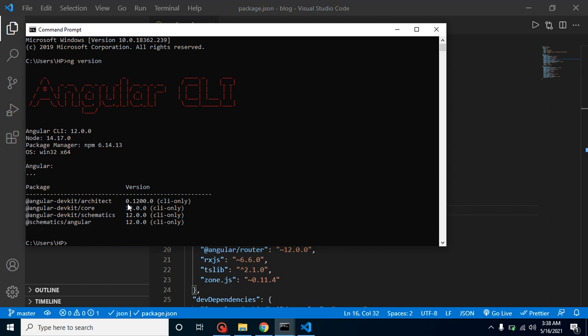For that you can simply use the command npm install -g @angular/cli. First of all you have to uninstall the current version. After that you can use @angular/cli with a specific version. Let's say you just want to install 11.0.0, then you can put this version and your Angular CLI 11 will be installed. After that, whenever you run ng new and your project name, it will give you the specific version, like 11 or 10, whatever you put with the Angular CLI, right?